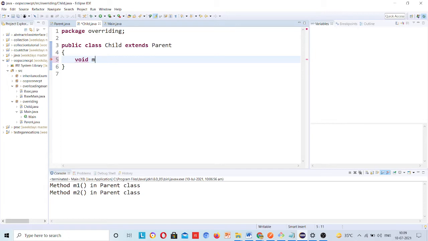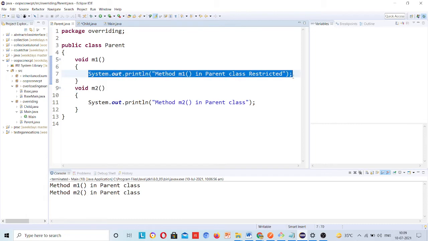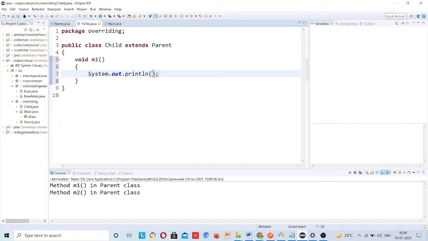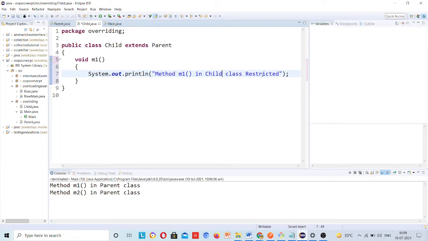Void m1, sysout, copy the same message. So better, child class unrestricted, suppose I write here.